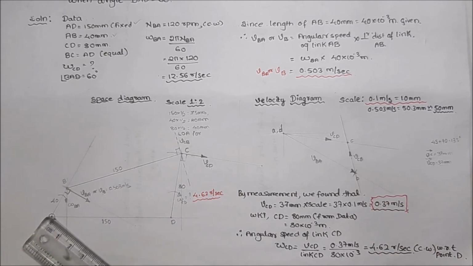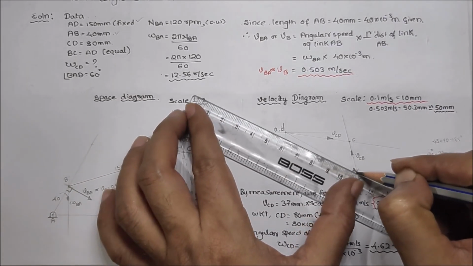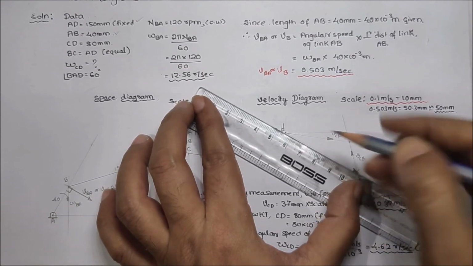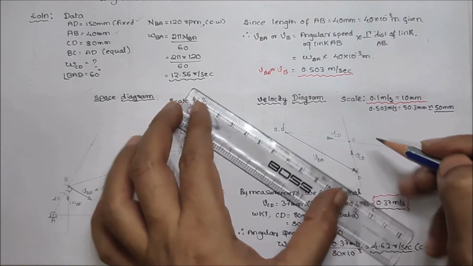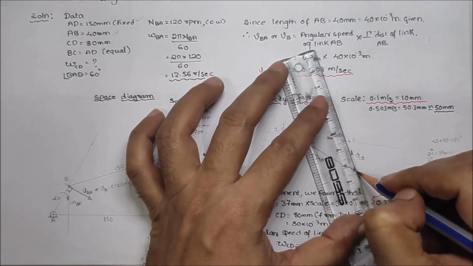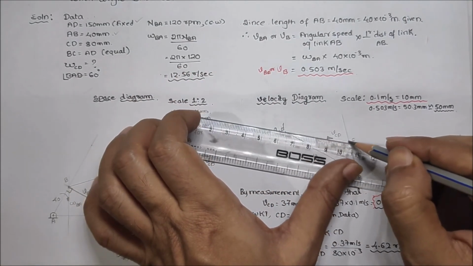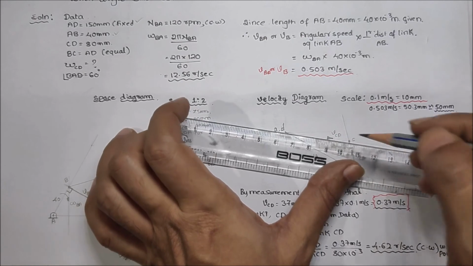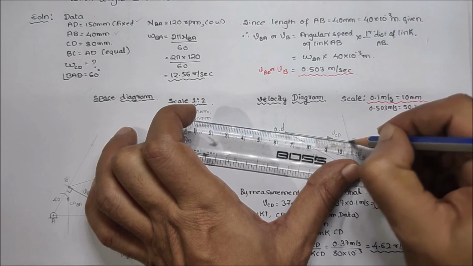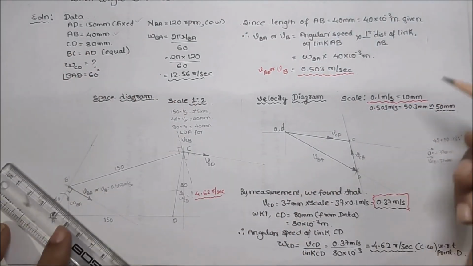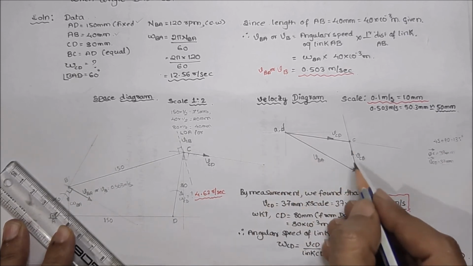And now we need to darken all the lines. So whichever important, those things you dark, don't keep them light, because sometimes these papers are getting scanned, so your answers may not be visible in the scanned sheets, or may not be visible for the examiner while evaluating. So I recommend you to darken these points. And directions you are going to get from the law of parallelogram.